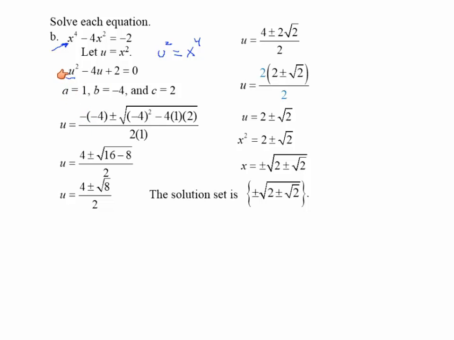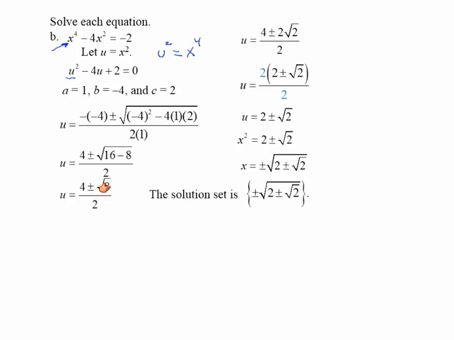I can solve this by quadratic formula, by identifying a, b, and c. These are the coefficient of u squared, coefficient of u, and the constant. And then we substitute that into the formula. If you have a problem with quadratic formula, please refer to the session on solve by quadratic formula. You need to remember the formula: minus b plus and minus the square root of b squared minus 4ac, over 2a. And we just simply substitute those values here, and we get 4 plus and minus the square root of 16 minus 8,